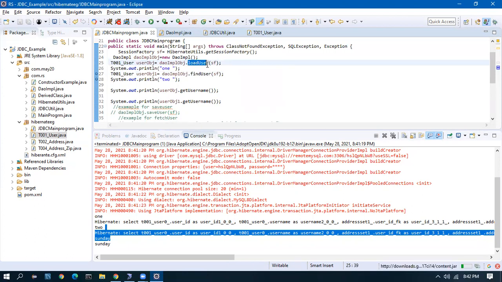Because what Hibernate states is, okay, you are asking me to fetch an object, but I really don't know whether you need this object or not. You might even call it simply. You might not even need an object like this. So why should I fetch an object and give you a result? Instead, I will load a proxy for you. Whatever object we are getting here is a proxy object. And when we try to access the name, that time it will go back.